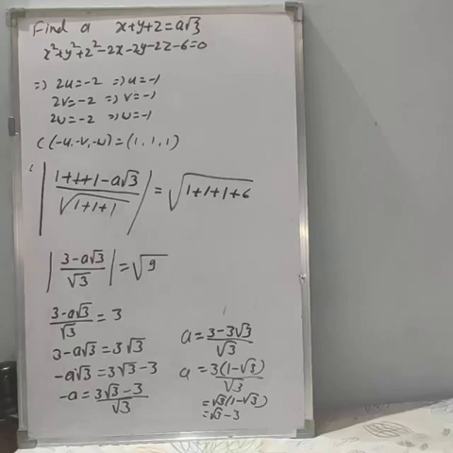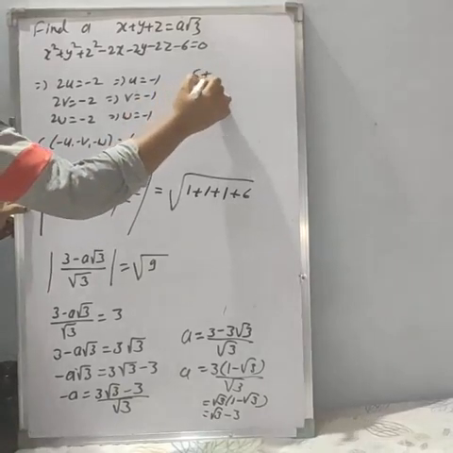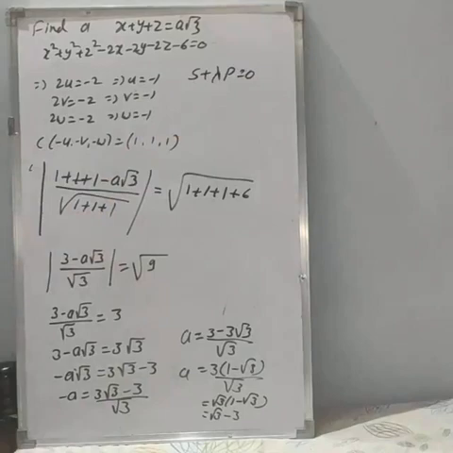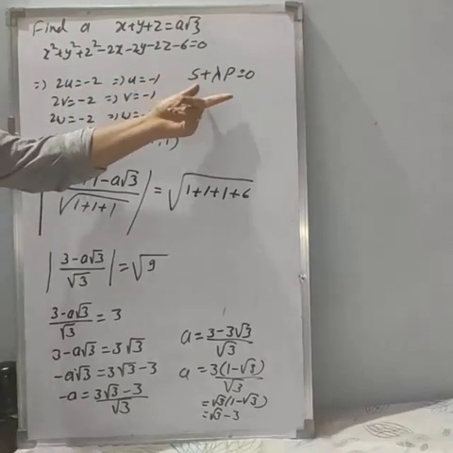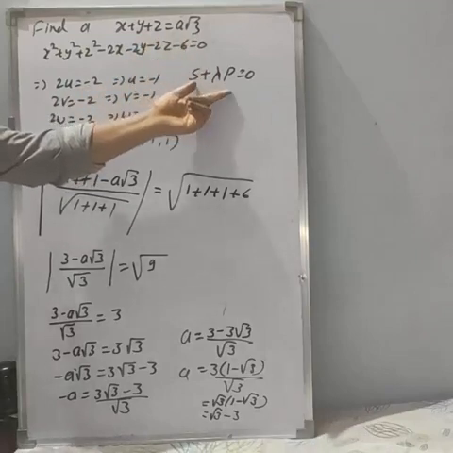We have 5 marks examples, and that is very important, and it depends on the equation of a sphere through the circle. Okay, see, in the last class we solved the example. The equation of a sphere through the circle is given by s plus lambda p is equal to 0. Then we have to find the value of lambda depending on the given condition. Now they can ask the 5 marks example: find the equation of a sphere through the circle.